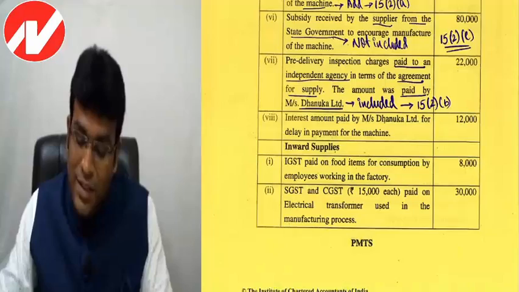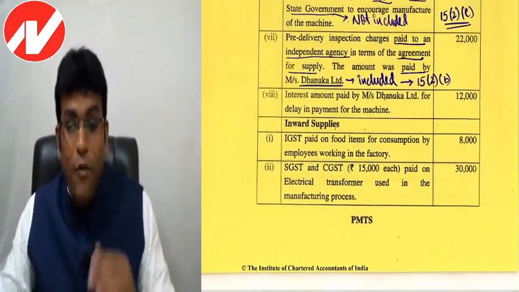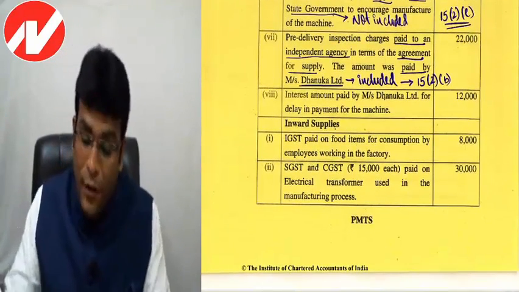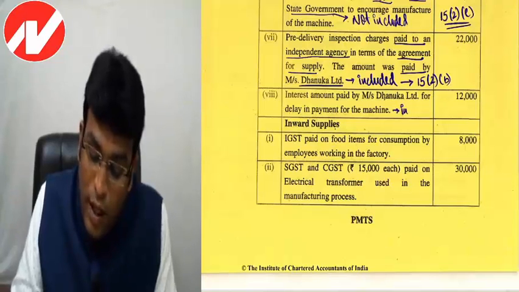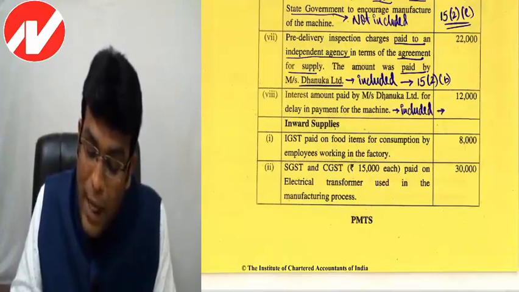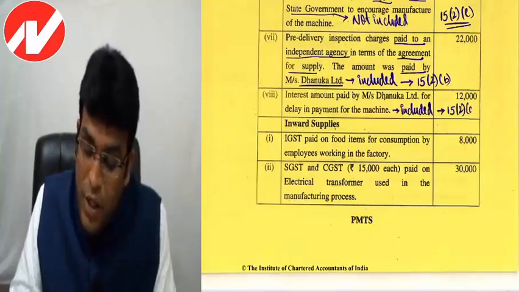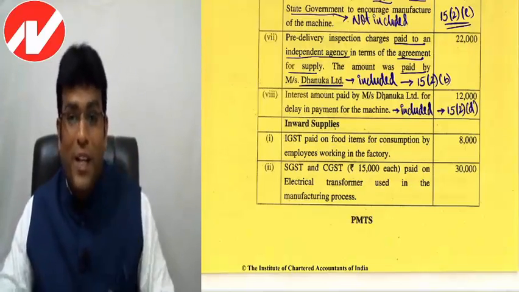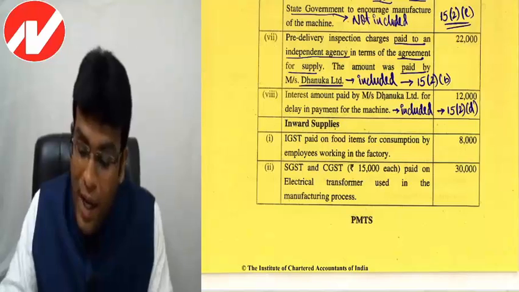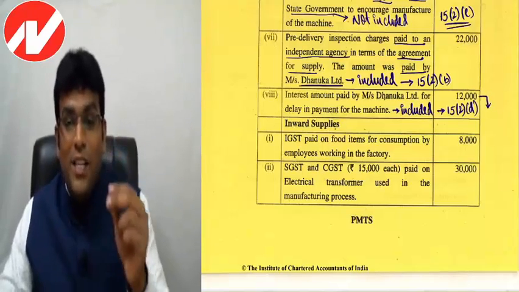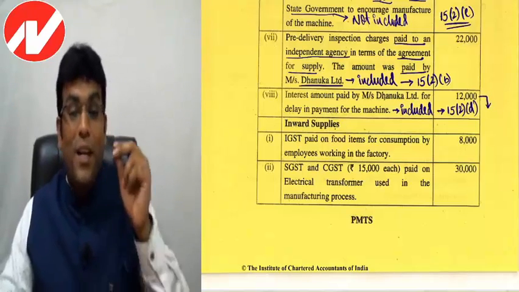Then interest amount paid by Dhanuka Limited for delay in payment for machine. This is also included in the value of supply because of Section 15(2)(d), my dear friends. But keep one point in mind, something like interest, late fees or penalty,